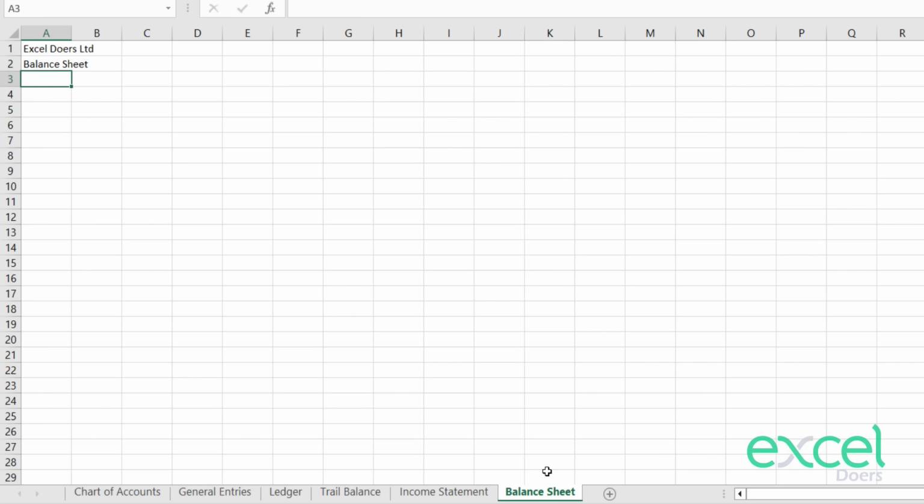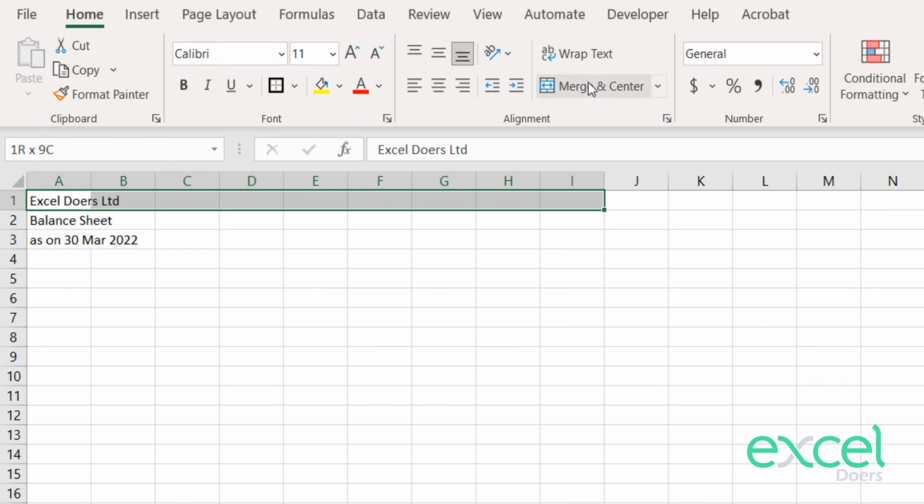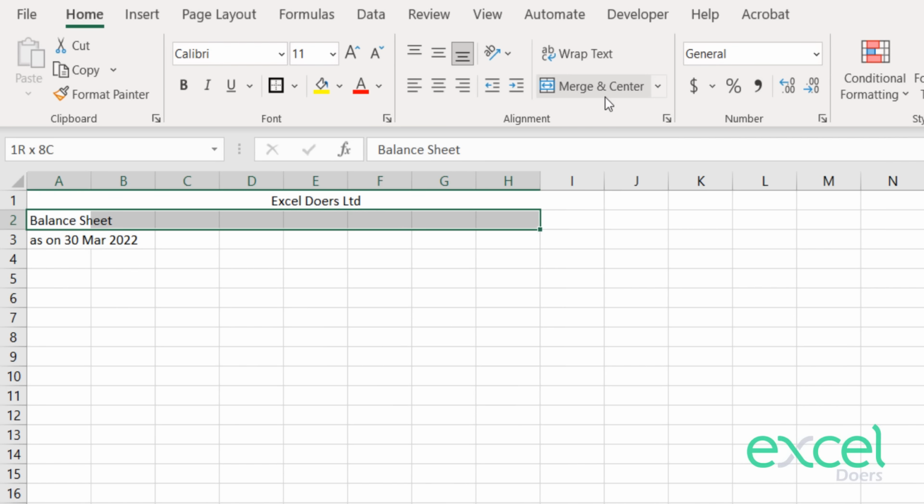The balance sheet is not for the period. A balance sheet is always created on a particular date. So if I'm preparing today, it shows the position on a certain date. So we will not say for the period, we will say as on 30th March 2022. So on this particular date, I am going to prepare the balance sheet. So I just merge them,